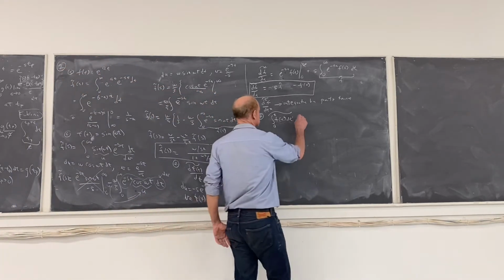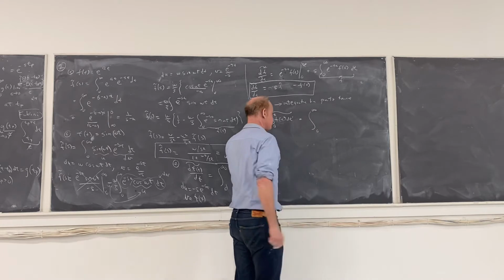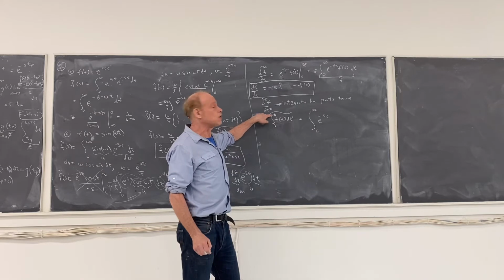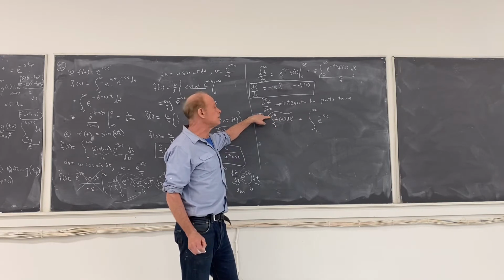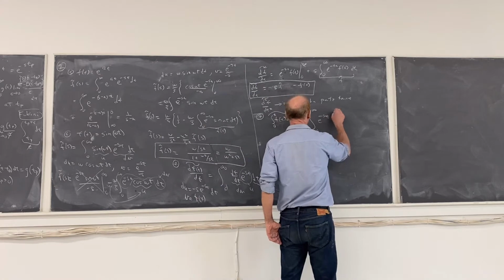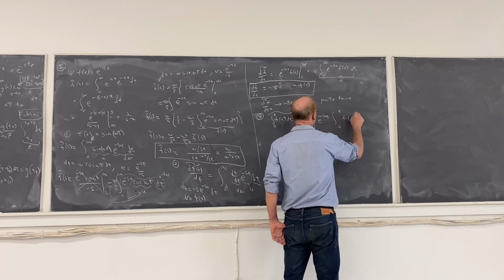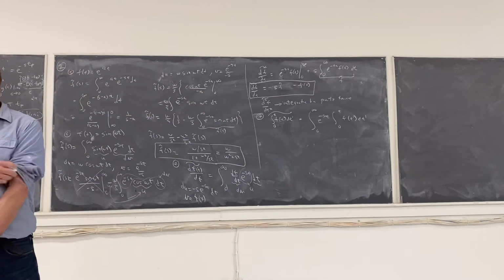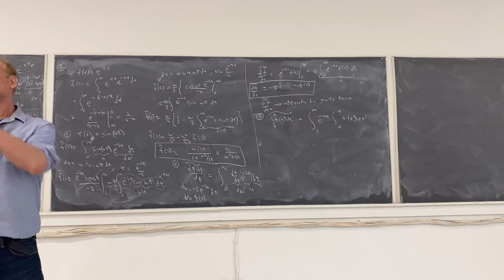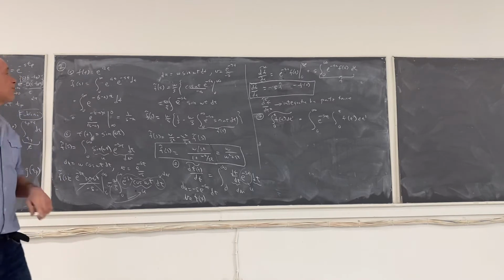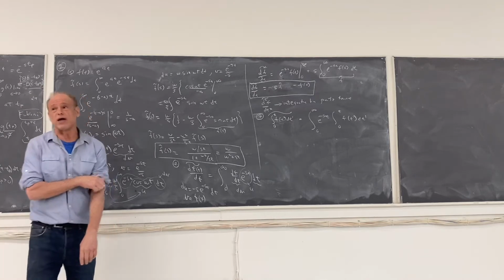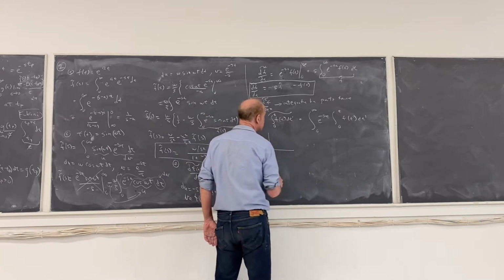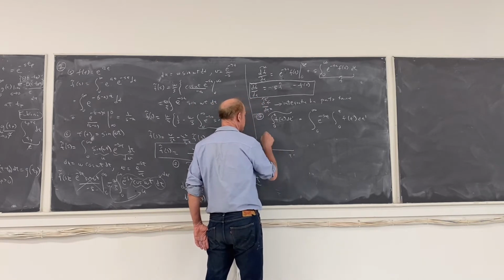We did 7 already. So this is the integral from 0 to infinity of e to the minus st. Notice this thing depends on t now, because once I integrate out t prime, I have a t here. So I have the integral from 0 to t of f of t prime dt prime. Now if I want to do this, I want to switch the order of the integrals. Each integral is a limit, so I have to appeal to Fubini to be able to do that. I'm going to assume I can do that. So let's just notice how to do that. Notice if this is t prime and this is t.